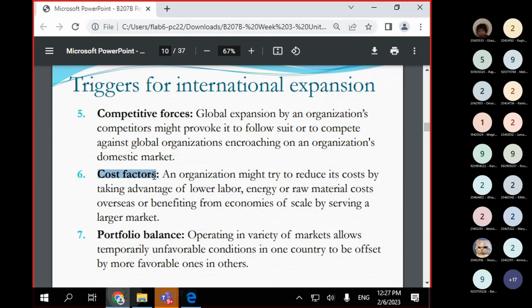Cost factor is the factor that I spoke about before. It makes sense since you have already done the product design, and imagine this iPhone. If you make it only for 1 million people, it's very expensive. But if you make it for 500 million people, the cost of designing and creating this phone becomes less expensive. So companies will make even more money when they sell to a bigger number of customers overseas.